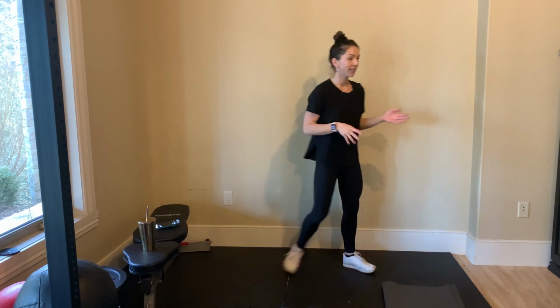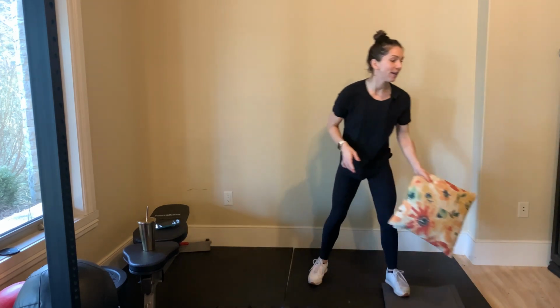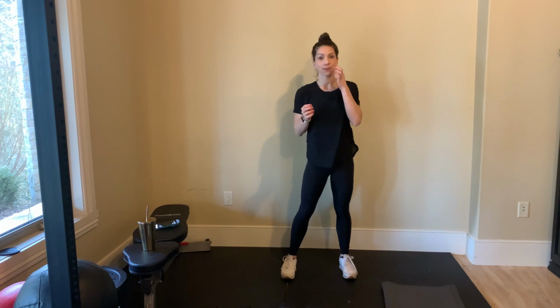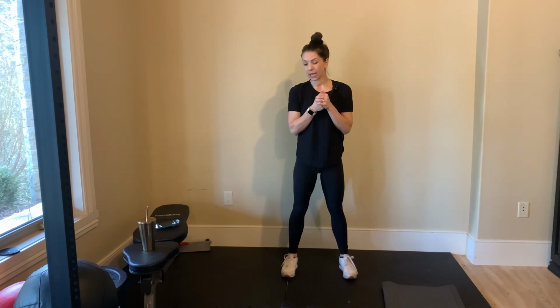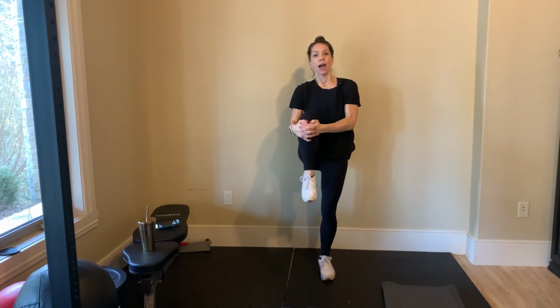I'm just going to be using this little pillow here, but if you have again any kind of light medicine ball, that would be great as well. And a mat, because we're going to be on the ground as well, and that's it. So we're going to get right into it. We're going to start with some knee hugs, get into our warm-up,